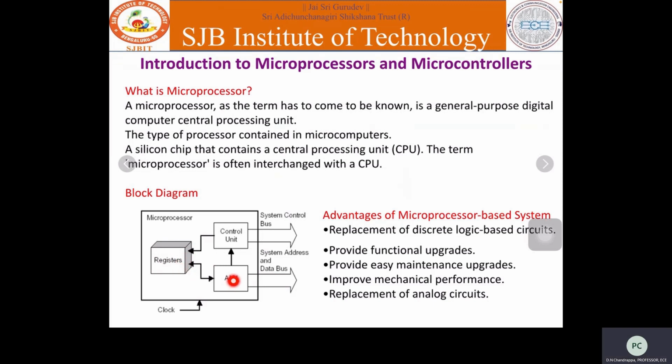Now I'll come to the block diagram of a microprocessor. Please all of you look at this block representation. Here these are the registers. The register may be an 8-bit register, or a 16-bit register, or a 32-bit register, depending upon what type of microprocessor it is. And then the ALU, arithmetic logic unit, and the control unit. Only these are the components inbuilt in the microprocessor block diagram. So everything will depend on the